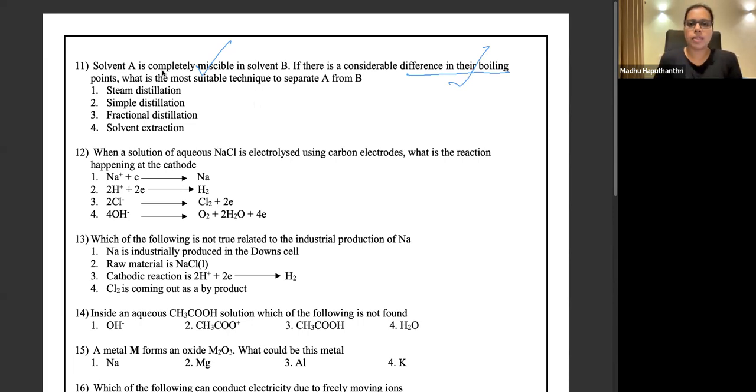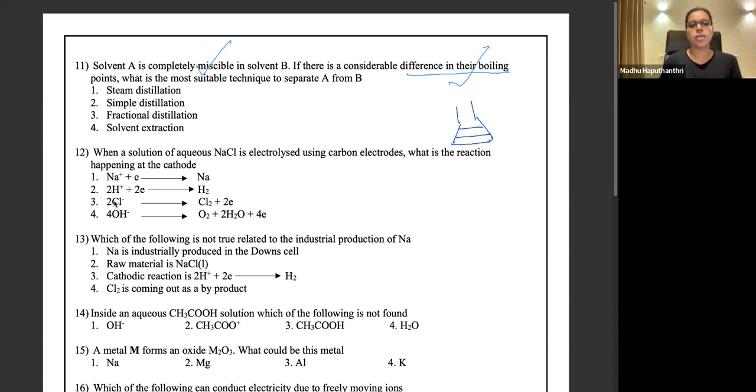Steam distillation goes with immiscible compounds, especially when you're extracting plant materials. We are using steam, so finally steam is converting to water and the essential oil is getting extracted out. In the flask or the beaker in which you are collecting that, you will clearly see two different layers. One layer is oil, one layer is water. The two things are not miscible in each other. They are immiscible. Steam distillation goes with immiscible compounds.